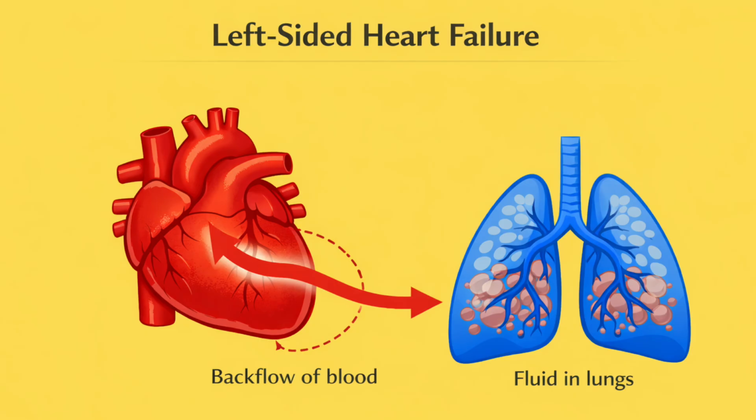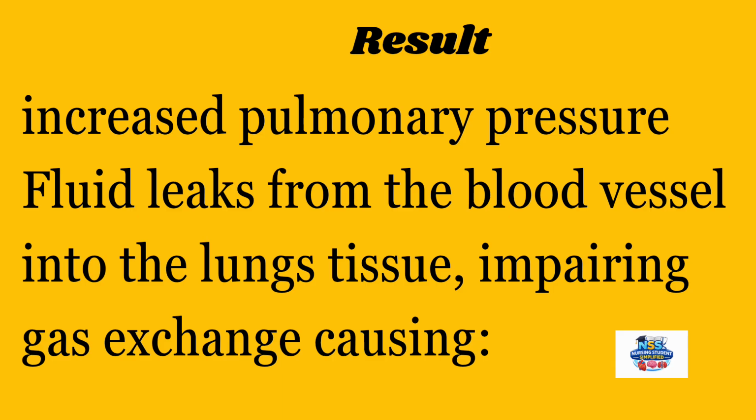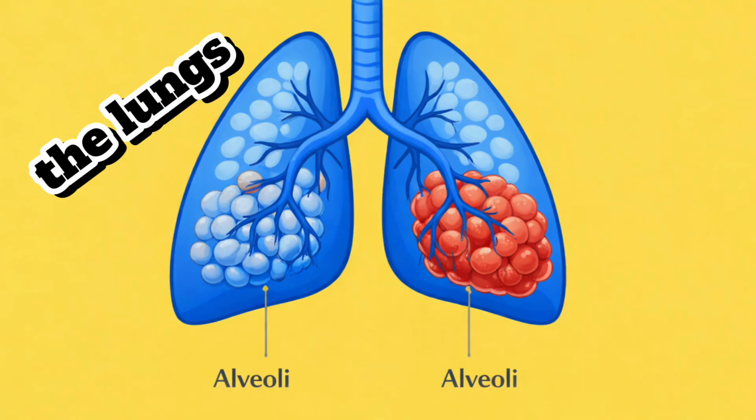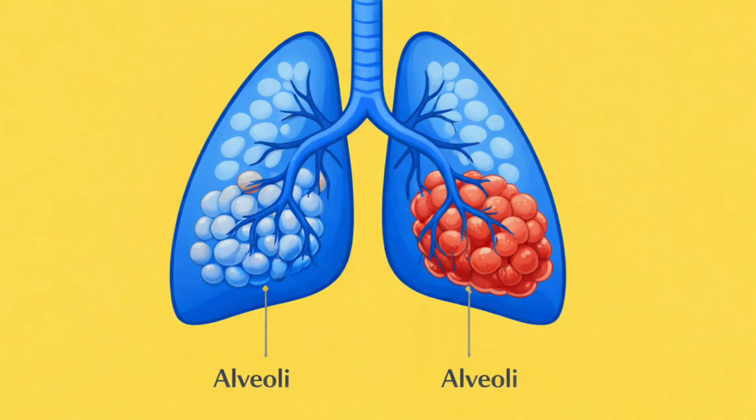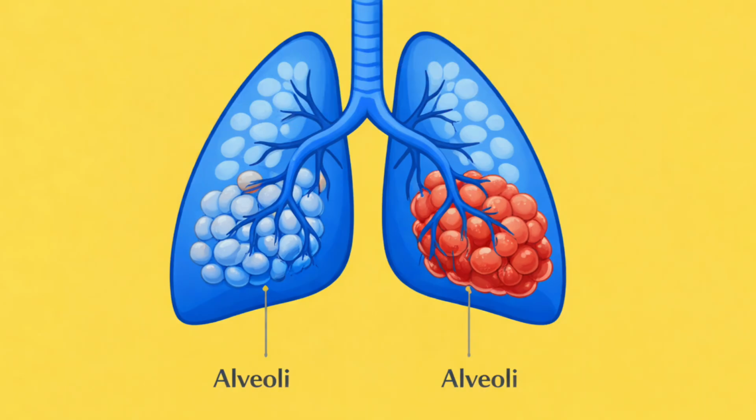Once this blood backs up into the lungs, it increases the pressure in the lungs and the fluid shifts into the air sacs. Now, in the lungs, we have alveoli or air sacs where the actual gaseous exchange occurs. So the exchange of carbon dioxide and oxygen occurs in the air sacs of the lungs. Normally, they are filled with air, but when this blood backs up and causes fluid to shift, the fluid moves